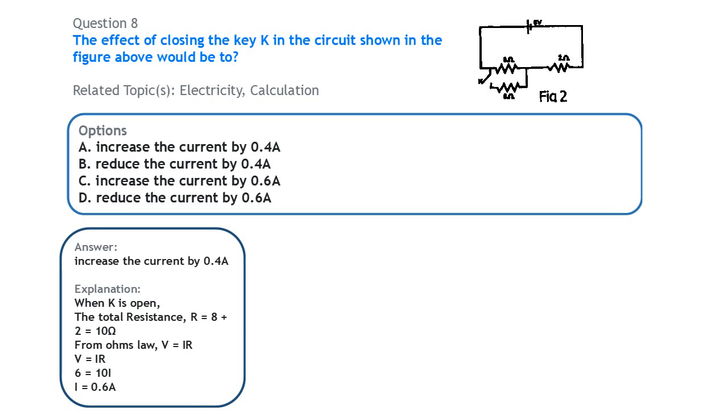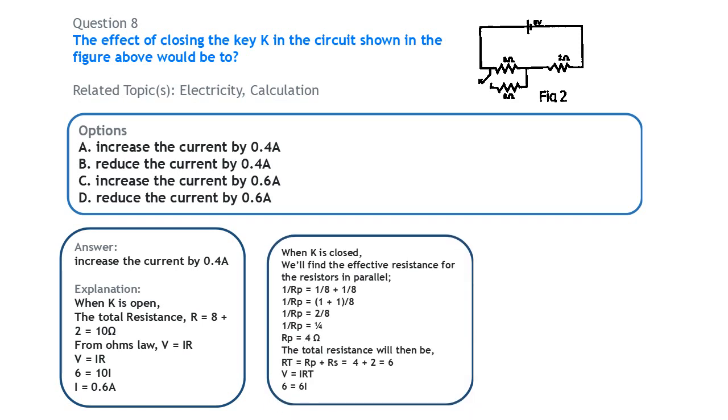So if we substitute, V is 6 and our resistance is 10, so we have 10 times I, that's 10I. To get the value of I here, we divide both sides by 10, and that will give us 0.6 ampere. That means the current in this circuit with the key open is